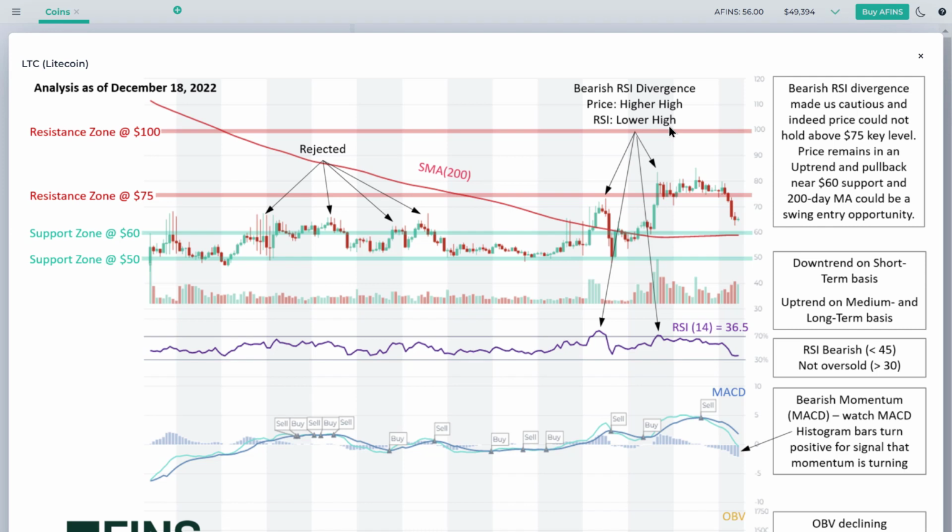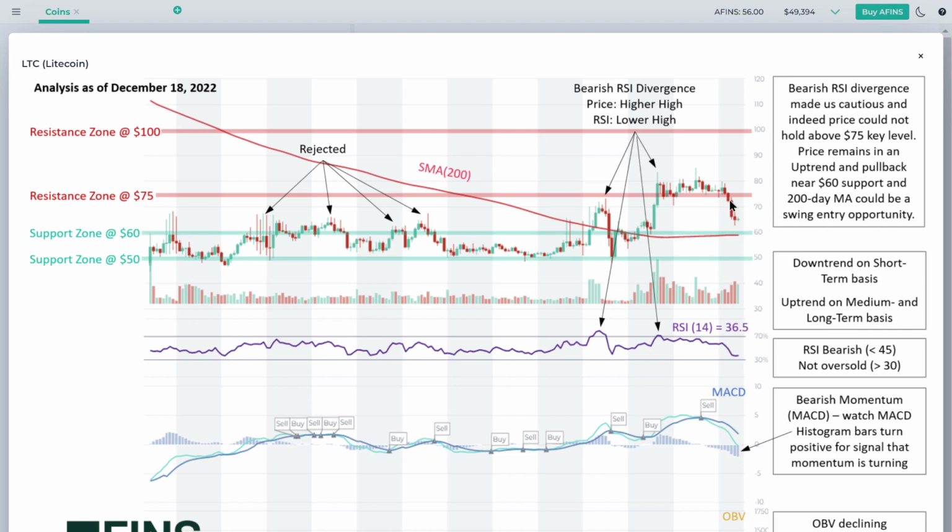It shows that the strength from buyers is not as robust, and that we could see some weakness as the sellers take profits, and indeed that's exactly what happened here. As you can see, after about a week or 10 days, the price has made a sharp pullback, and that RSI divergence was a warning to us, right? When I see a bearish RSI divergence, there could be also a bullish one, which would be the opposite. But in this case, a bearish RSI divergence